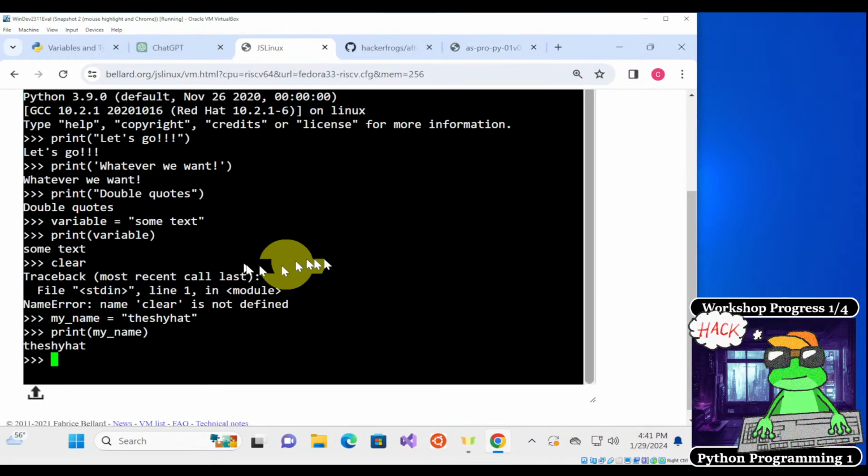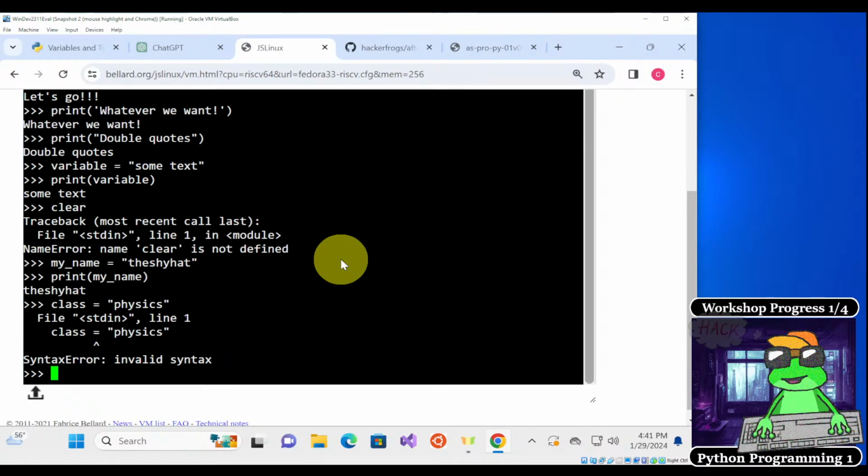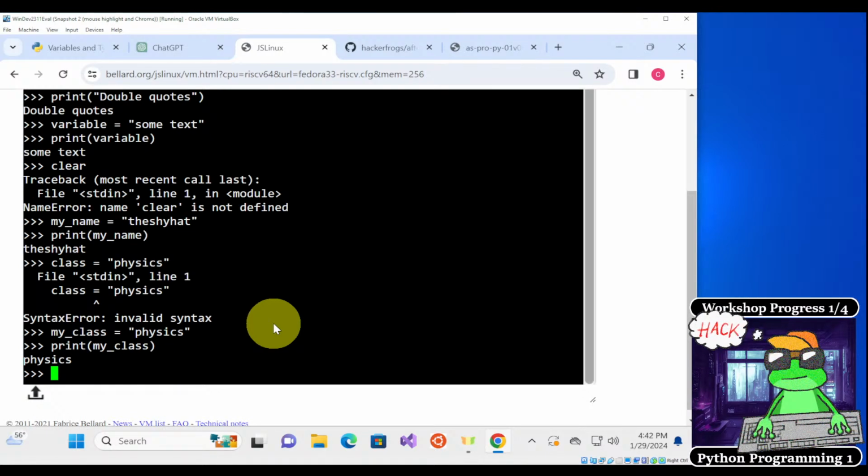If I go to JS Linux and I say class equals physics, then it's going to give us an error because class is a keyword inside of Python. So we could say myClass instead. And then we could ask it to print myClass, and then it's going to say physics.